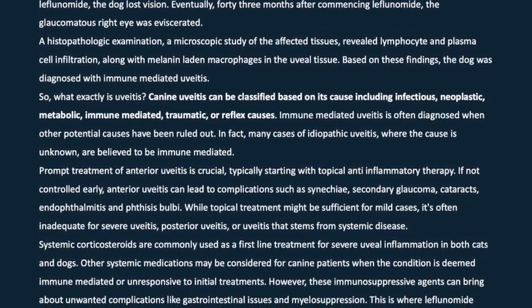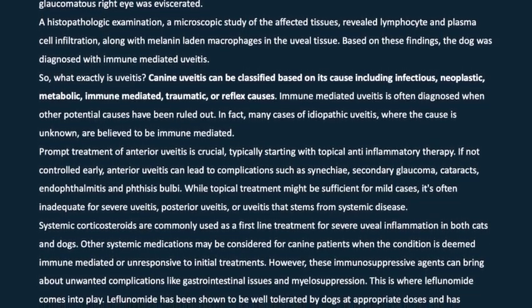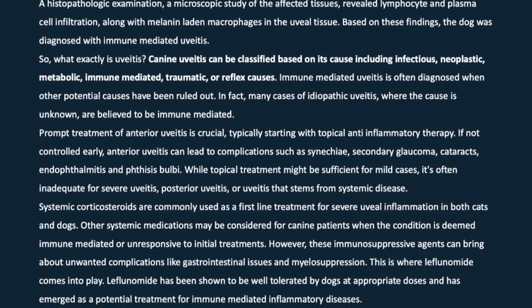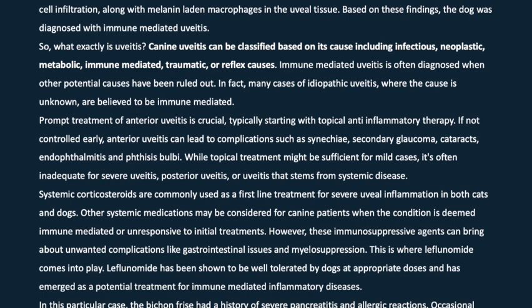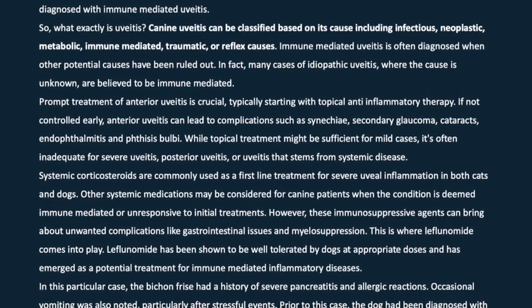Prompt treatment of anterior uveitis is crucial, typically starting with topical anti-inflammatory therapy. If not controlled early, anterior uveitis can lead to complications such as synechiae, secondary glaucoma, cataracts, endophthalmitis, and phthisis bulbi. While topical treatment might be sufficient for mild cases, it's often inadequate for severe uveitis, posterior uveitis, or uveitis that